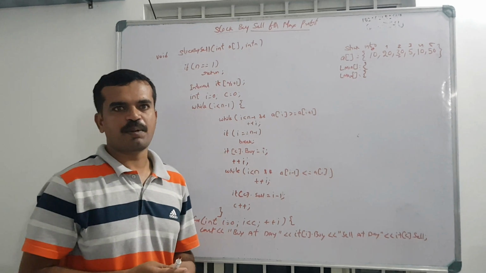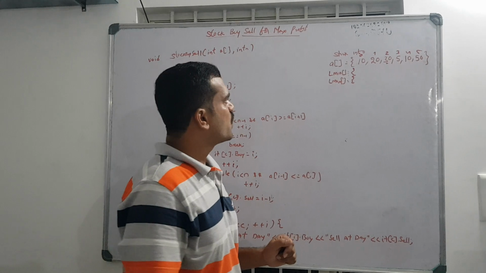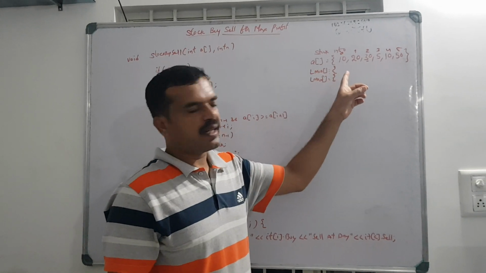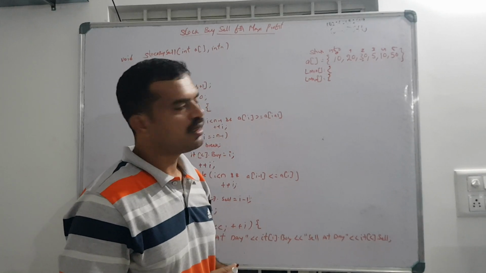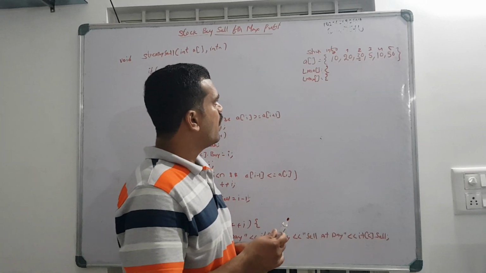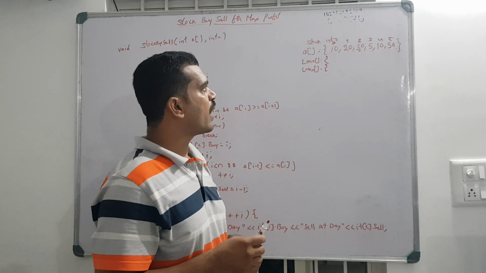Let us start some interesting problem today. A stock buy sell for maximum profit. So in this case, we have received the input array with data of the stock price. Now what we need to do to solve this problem is to find the local minimum